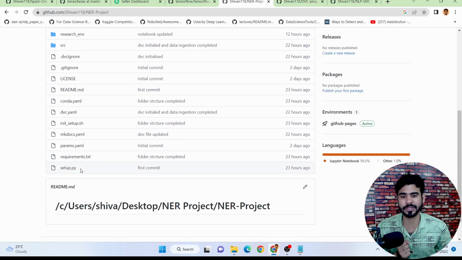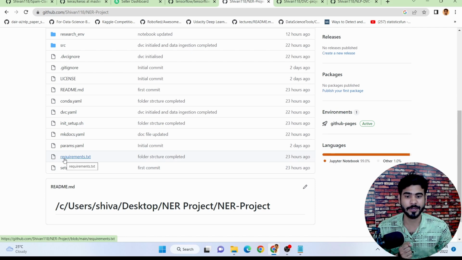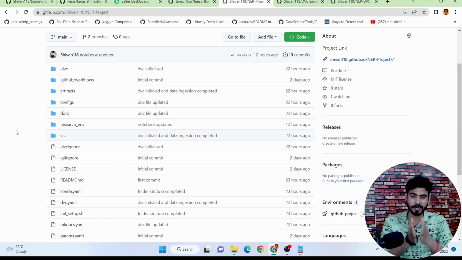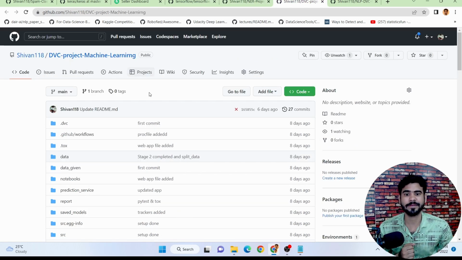Apart from this, as you can see, the setup.py that we have, requirements, params, mkdocs, because I'm going to implement DVC and MLflow in this project, which is why I have these important files. Definitely, if you are working on industry projects, you can implement these things. But in this video we will mainly focus on how to make a project template first. Again, in another project that I have, a DVC ML project,